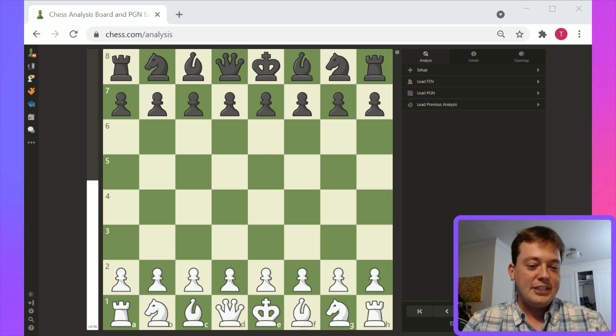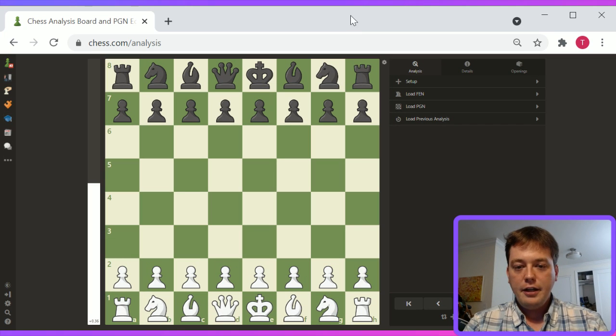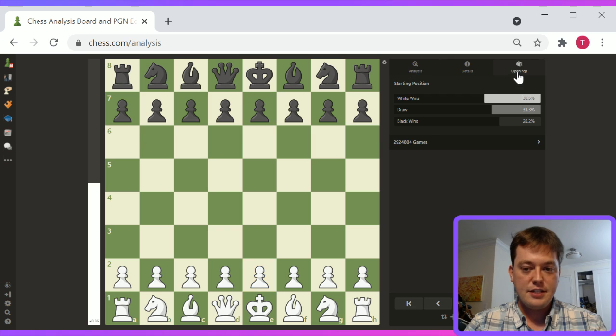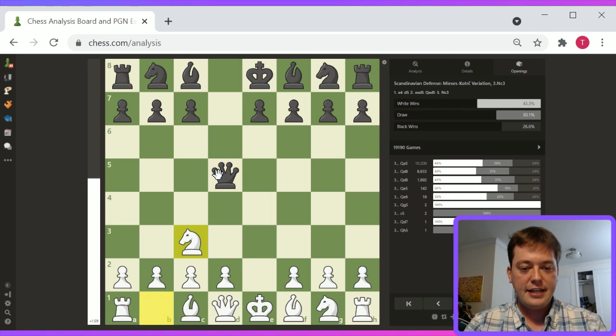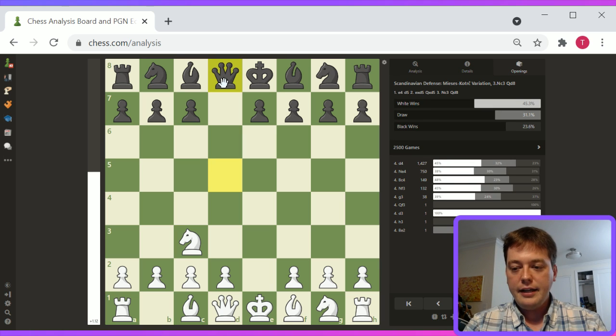But anyways, the first lesson that I wanted to do was take a look at the Queen d8 Scandinavian. The Queen d8 Scandinavian is pretty interesting. It's a very passive way to play the Scandinavian. Basically, Black has a,